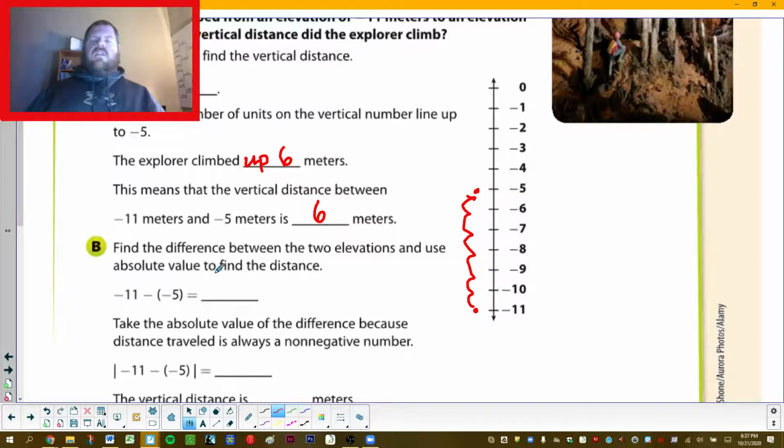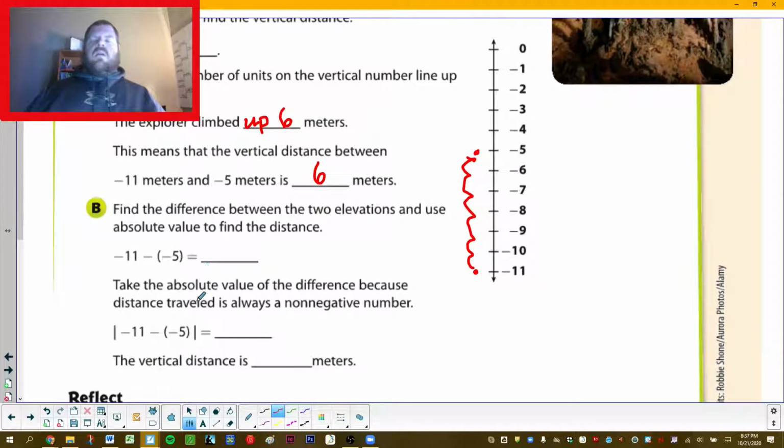If we find the distance between the two elevations, and we want to use absolute value to figure it out, if I do this, and I even think about adding the opposite, I'm going to get negative 6. And one reason for that is that we're actually talking about a change problem here. And when we talk about a change in height,